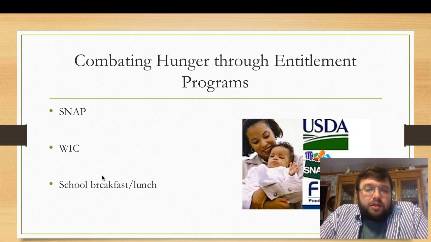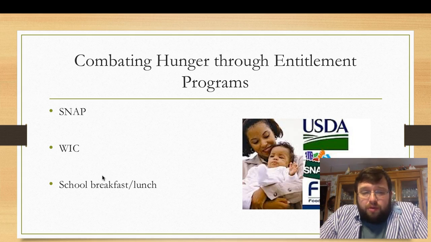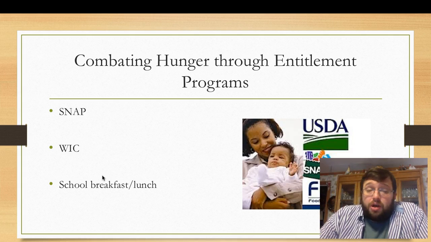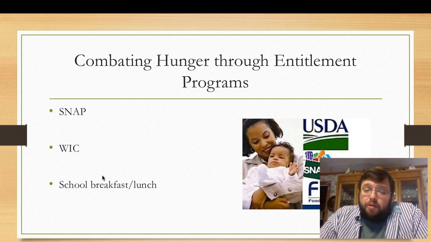So the Supplemental Nutrition Assistance Program, SNAP, that used to be the food stamp program, Women, Infants, and Children, WIC, school breakfast and school lunch, these are all entitlement programs. So what that means is that as long as you meet the income requirements, you will be eligible for assistance from these programs. They all provide food in different ways to people. And